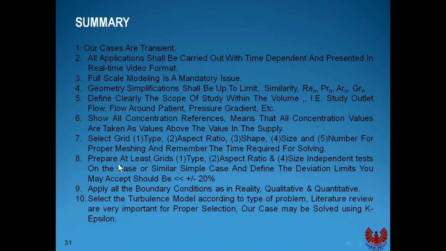Then after we put the boundary conditions, we have to select the turbulence model. What type of turbulence model? And we believe all the time that we have to check 2 types of turbulence models, to be sure and to have our self-satisfaction that both turbulence models give us the same or nearly the same results. By the way, items 8 and 9 and 10 will consume a lot of time.